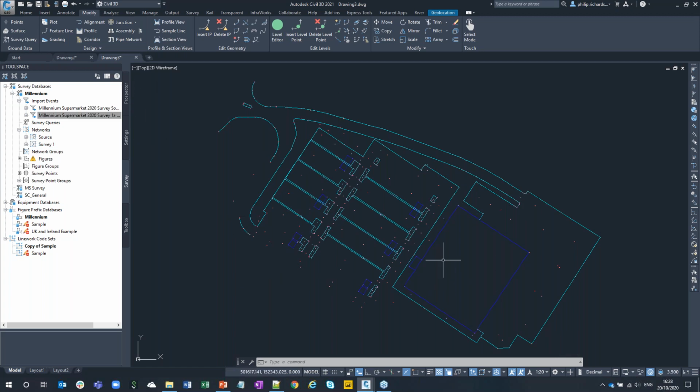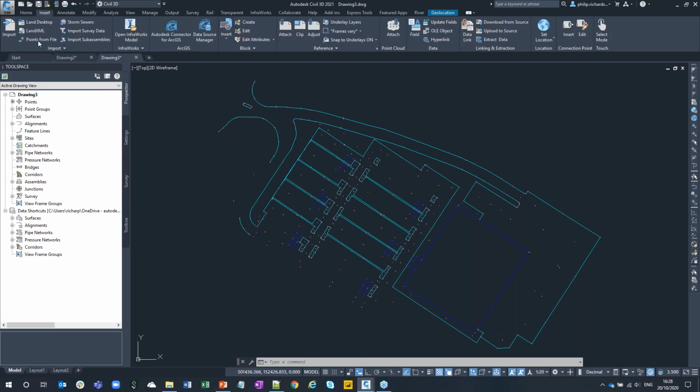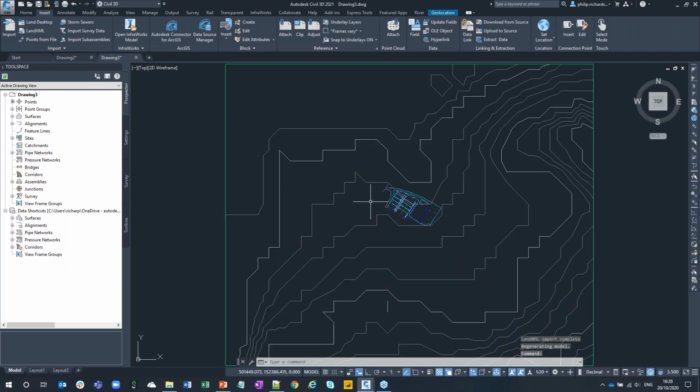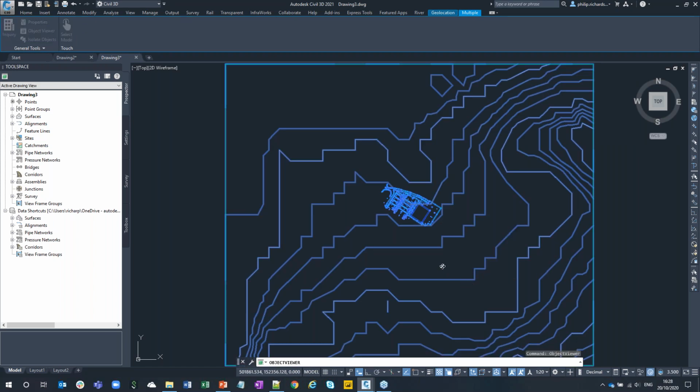What I could do is add them into a surface. What I might want to do is have a wider area brought in. You might have free data available to you like we do in the UK. So I'm going to insert a LandXML file that is supposed to be the base mapping for the area. And this is going to show again why you would go out and do a survey of your own rather than just relying on data that's given to you. So if I scoop all of that up into the surface, and we look at it in the object viewer,